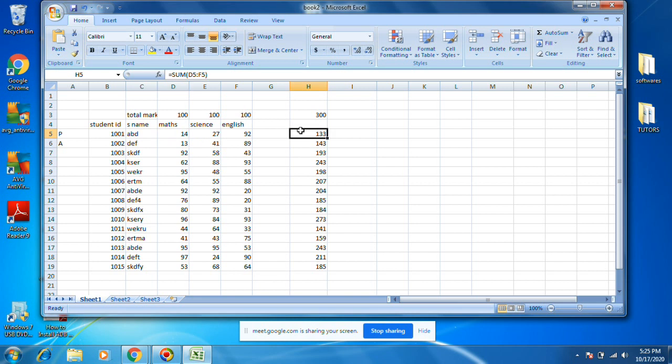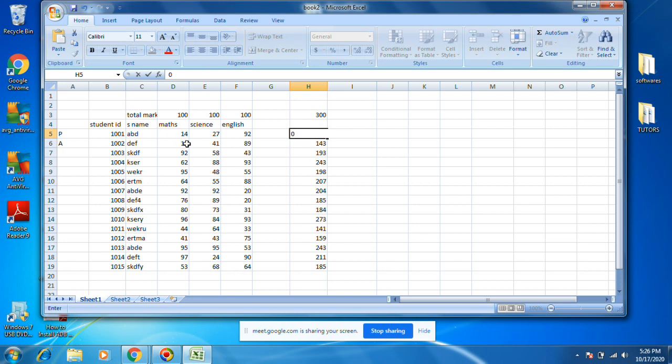If all persons crossed more than 35, their sum should be calculated here. If any subject marks are less than 35, then we should keep 0.